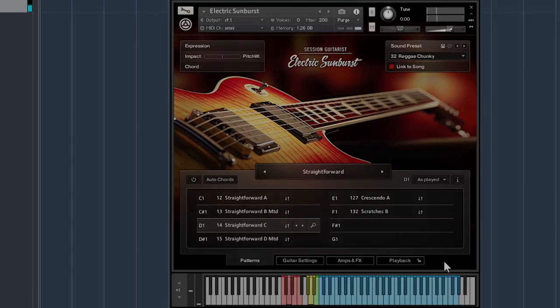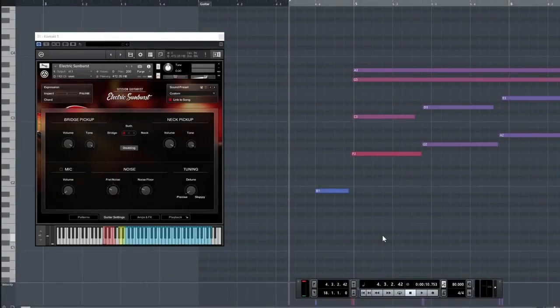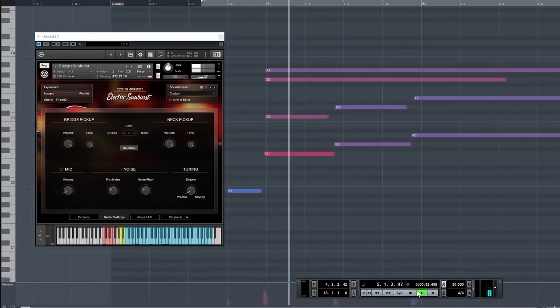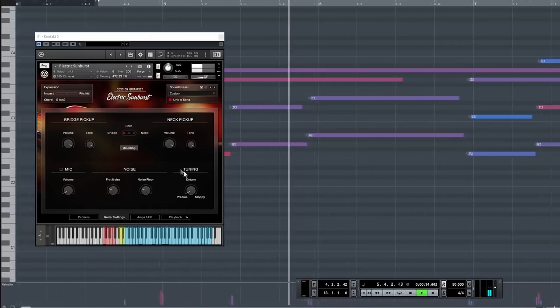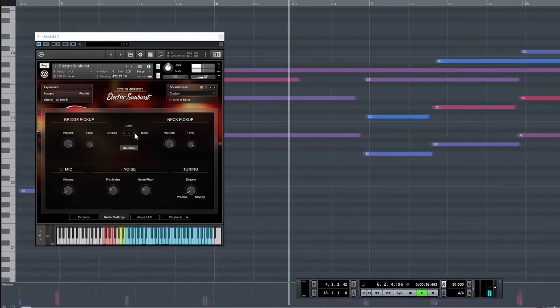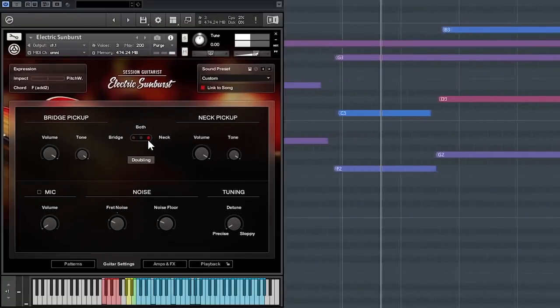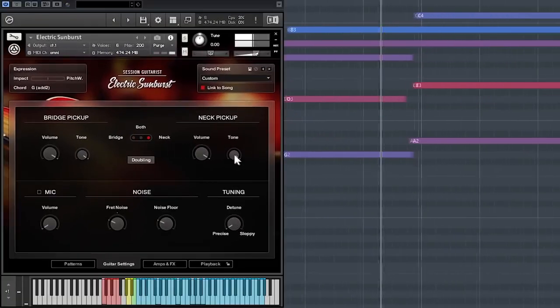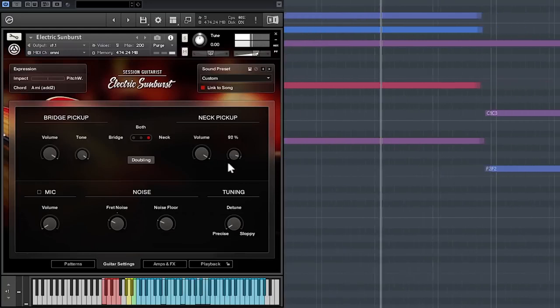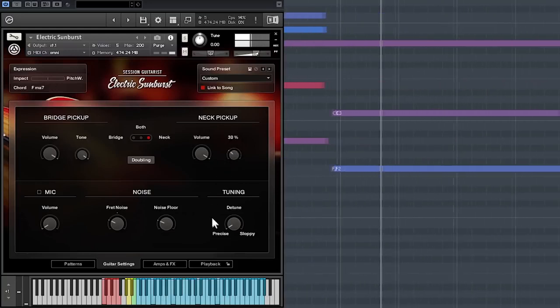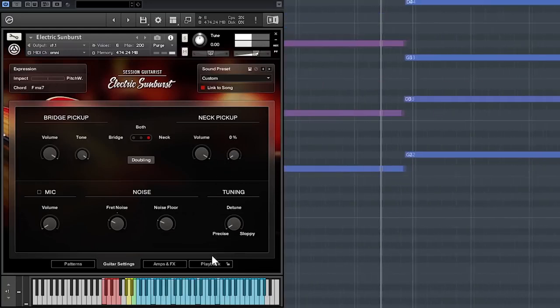This is the best way to quickly see what Electric Sunburst is capable of, but to experience its true power we need to look under the hood. To control Electric Sunburst's tone at the fundamental level, we open up the guitar settings page. Here we can control whether we hear the bridge pickup, the neck pickup, or both. The volume and tone of the pickups can be controlled independently,